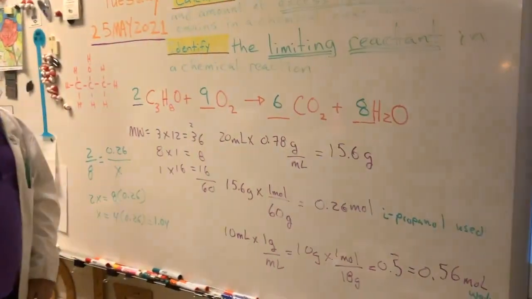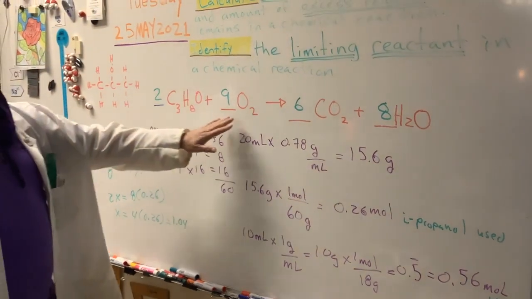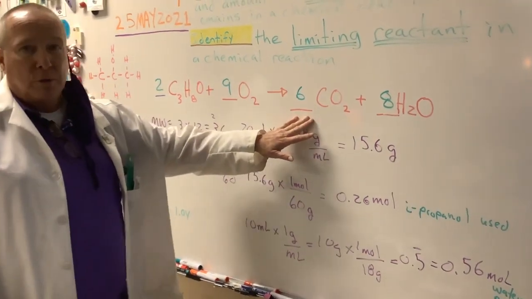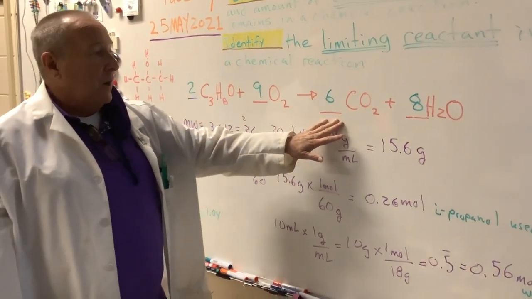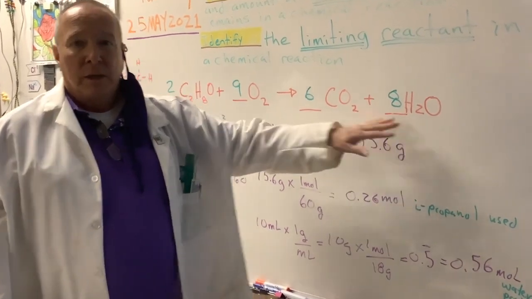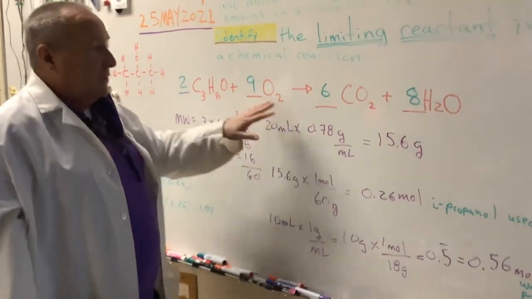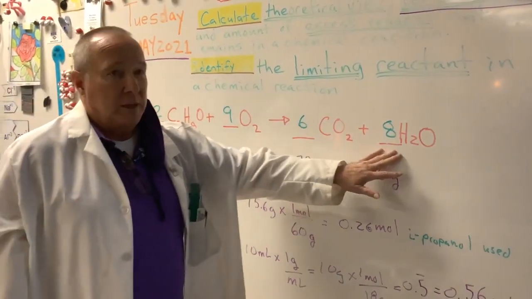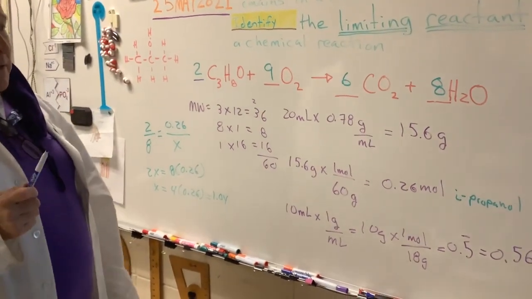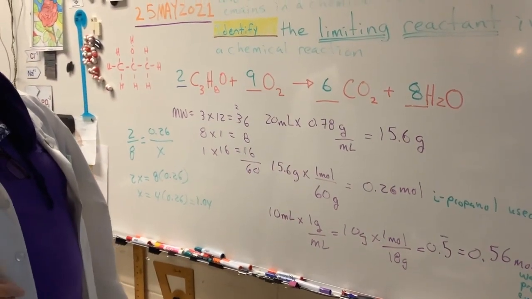I've gone ahead and done it in advance for you. If you take 2 molecules of isopropanol and 9 moles or 9 molecules of oxygen, you will produce 6 molecules or 6 moles of carbon dioxide plus 8 moles or 8 molecules of water, depending on what units you're going to use. So 2 of these plus 9 of these produce 6 of these plus 8 of these. Okay? Now our next question says, calculate the volume of water you would expect to be produced by this reaction